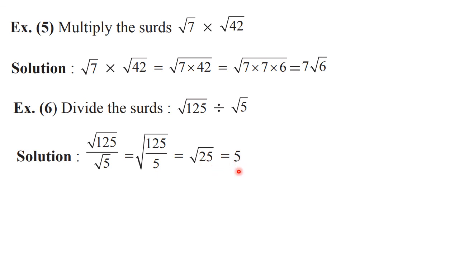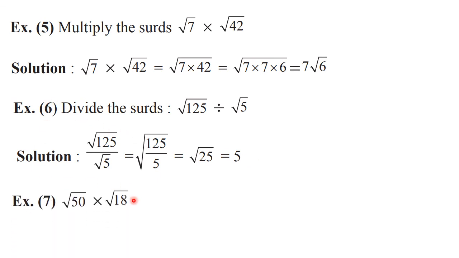So what we observed here is, in case of addition and subtraction, we are getting irrational number itself. But in case of multiplication and division, sometimes we can get irrational numbers and sometimes we can get a rational number also. But in addition and subtraction, strictly we are going to get an irrational number. But that rule is not applicable to multiplication and division. Here it is possible that the multiplication or division of two surds might be a rational number. Compulsorily, it is not an irrational number. Okay. So this you have to keep in mind.